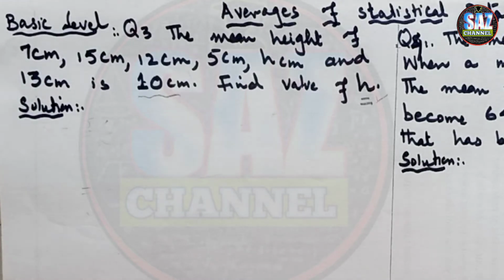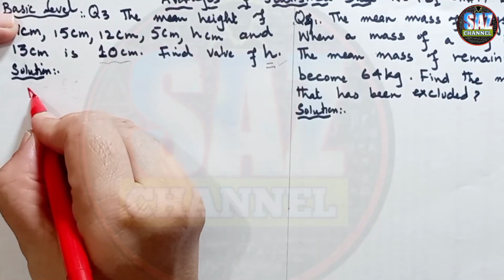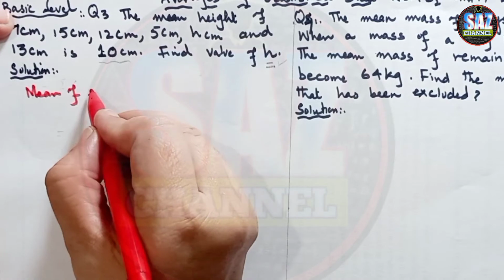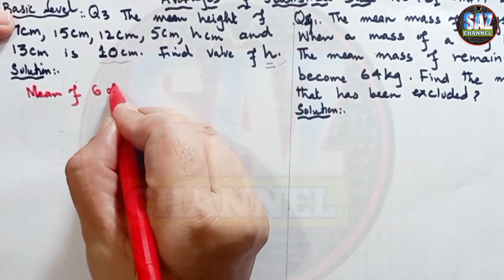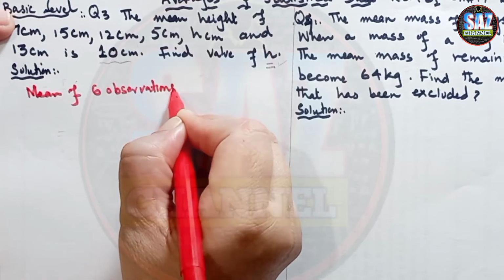Let me recheck this from the book as well. Mean of 6 observations is 10